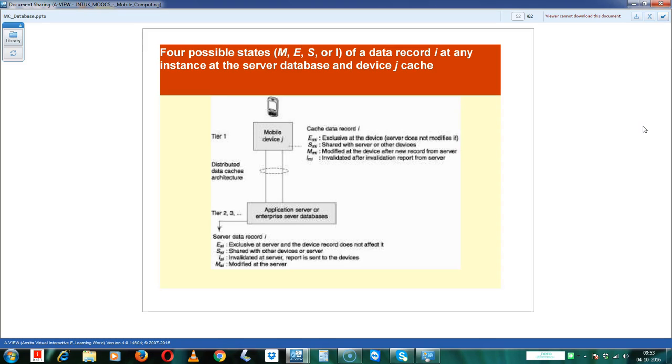I'm starting again. Modified means, as I told you, in this state it tells that the data has been modified at the server end, and the mobile device needs to use the modified data for the computations. E stands for exclusive. Exclusive means the data is for internal use only, and it